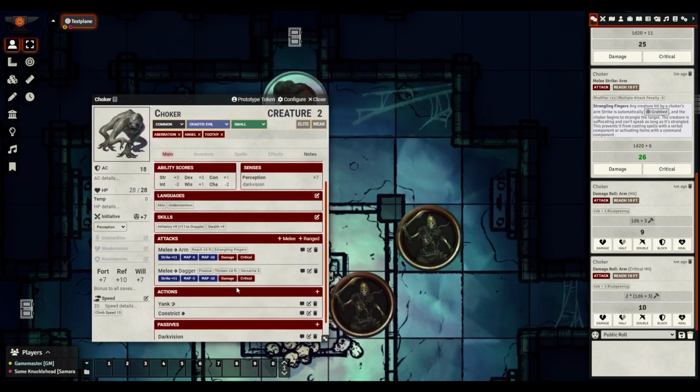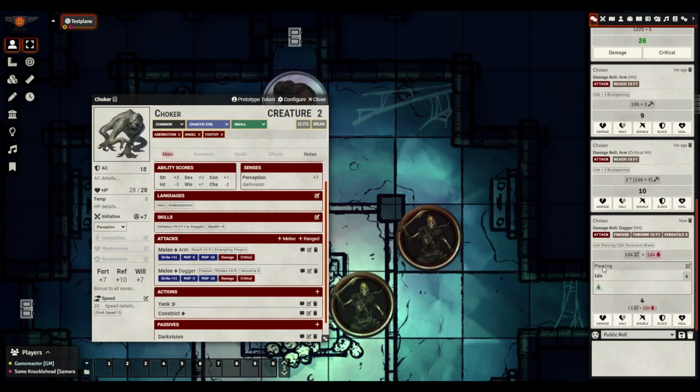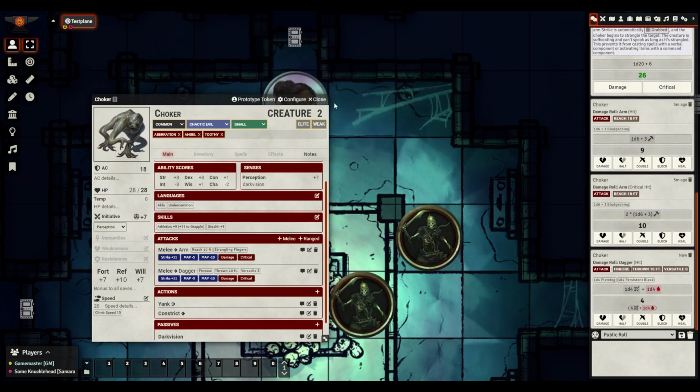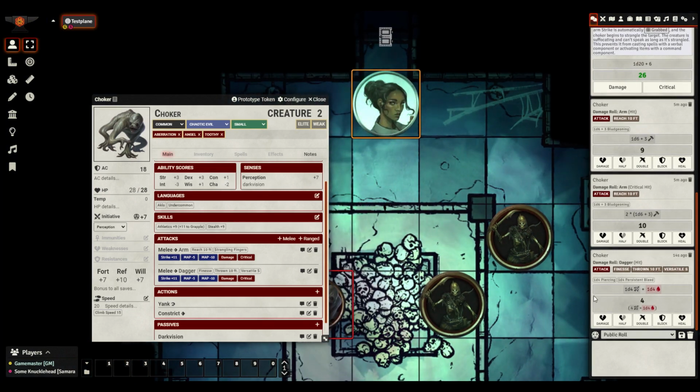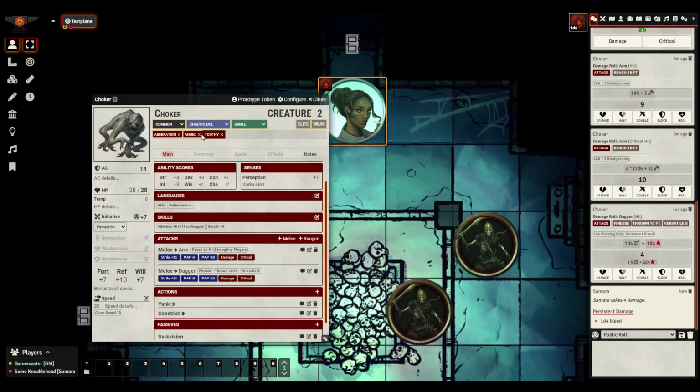If I make a damage roll with that weapon, you can see that it indicates the bleed, but the only thing that's rolled right now, I clicked on this little tab to expand it and look at the different damage types of that roll. Only piercing is given at the moment, but for instance, if I select Samara and take that damage, the persistent bleed effect is automatically applied on her and will tick down on her turn, etc. Okay, that little aside